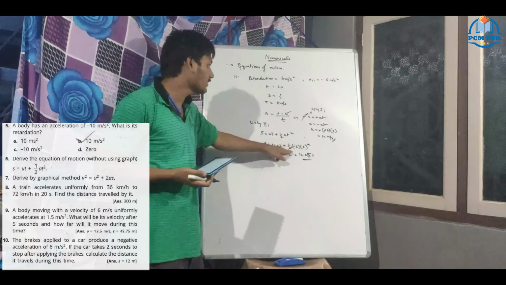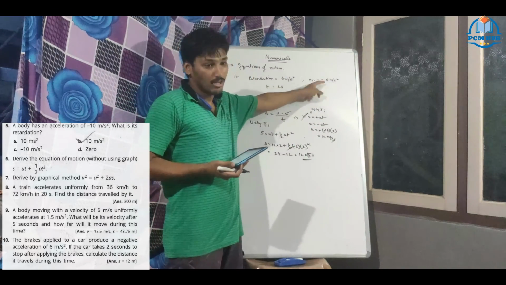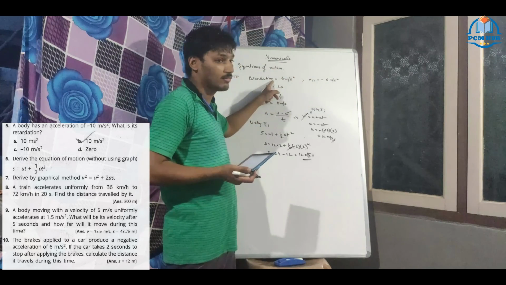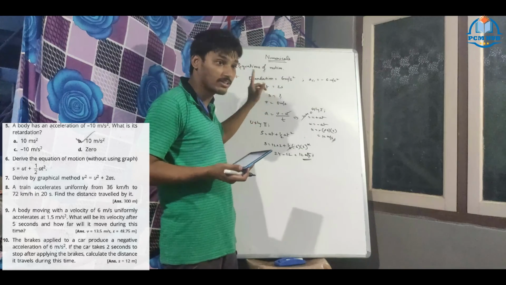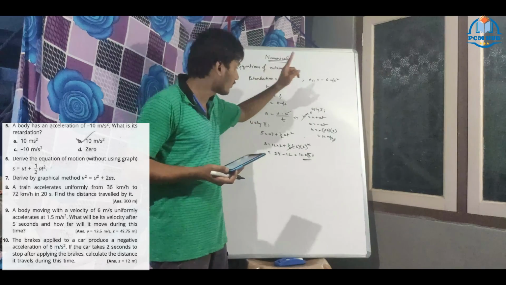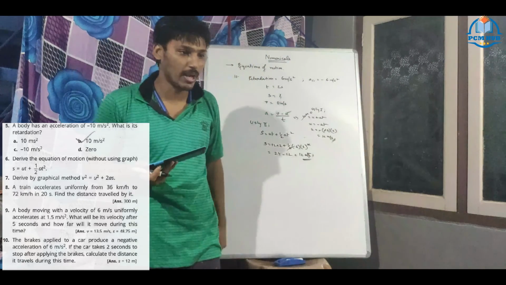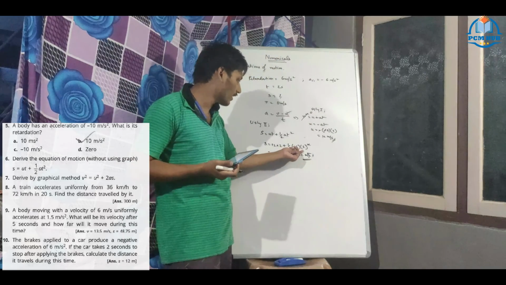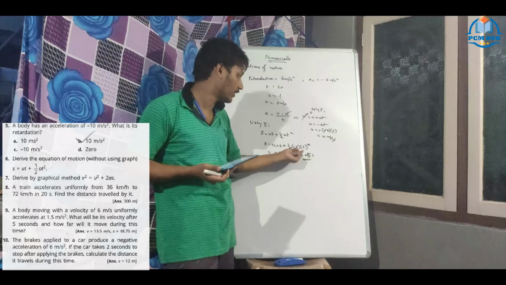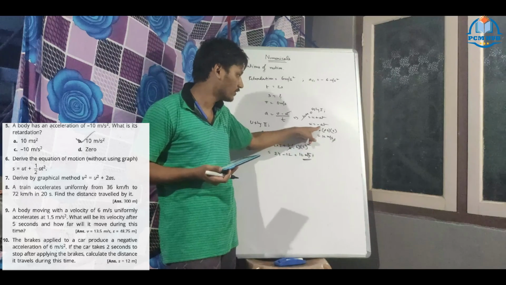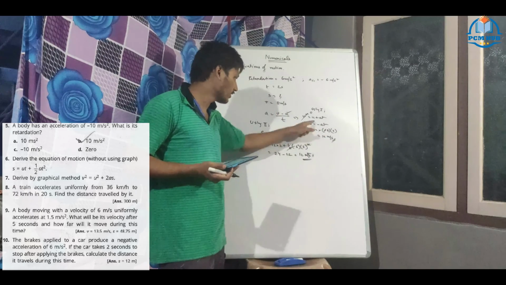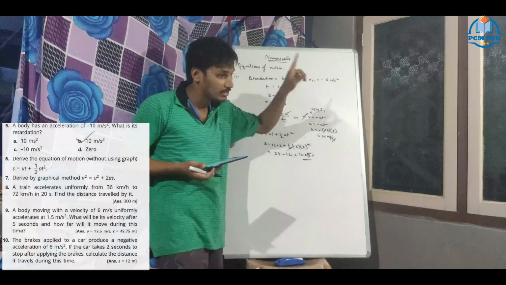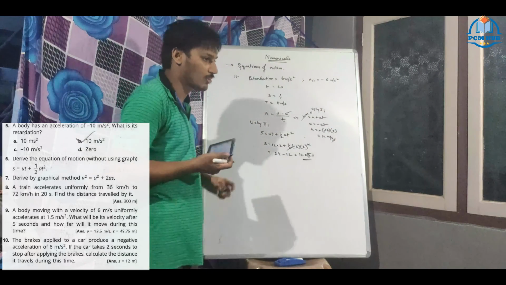Here acceleration is negative. I'm stressing again and again. Retardation is given, not acceleration. Deceleration is given, which means you have to take acceleration as negative. Braking means negative. That's why you should apply it here. Sign conventions are very important. Here also you see how I apply sign conventions. Minus A means don't do minus 6 directly, put minus 6 in brackets. Okay.